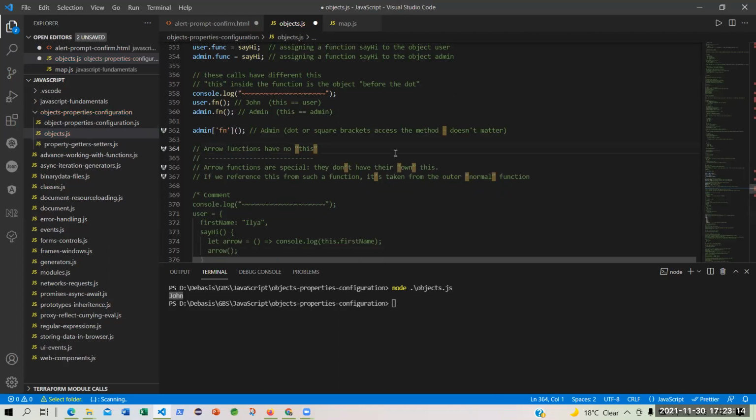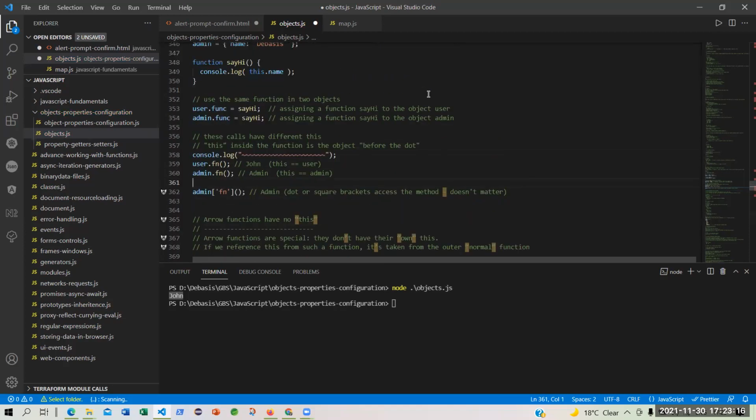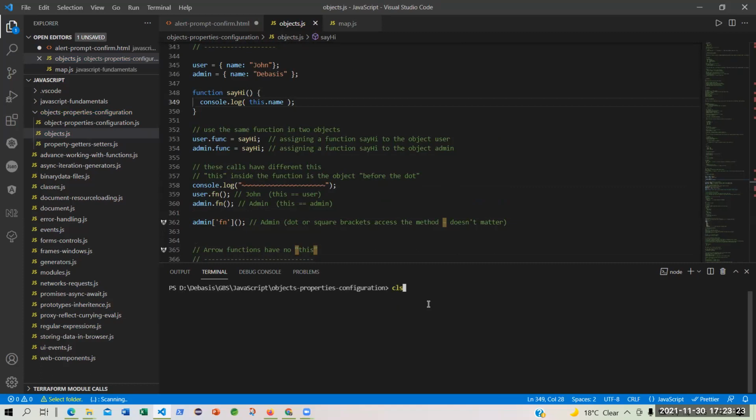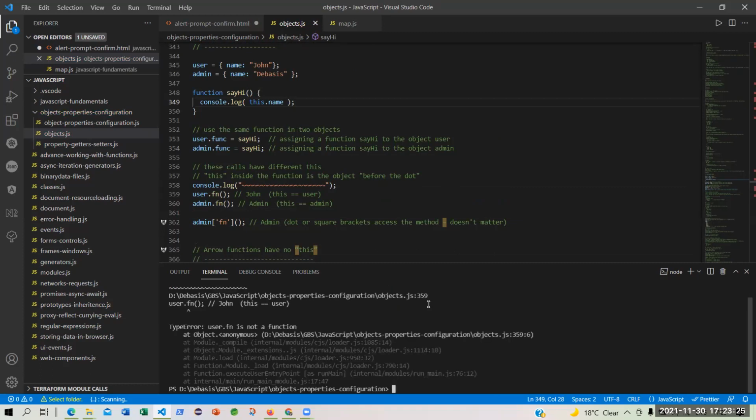Fine. We will execute this part of the piece of the code. Let's see. I'm saving it and going to execute this. I'm getting a problem